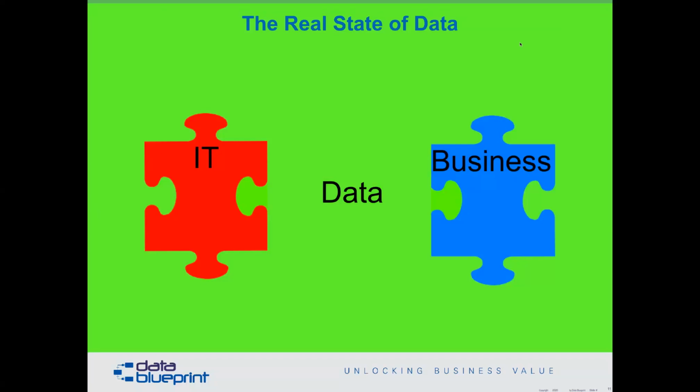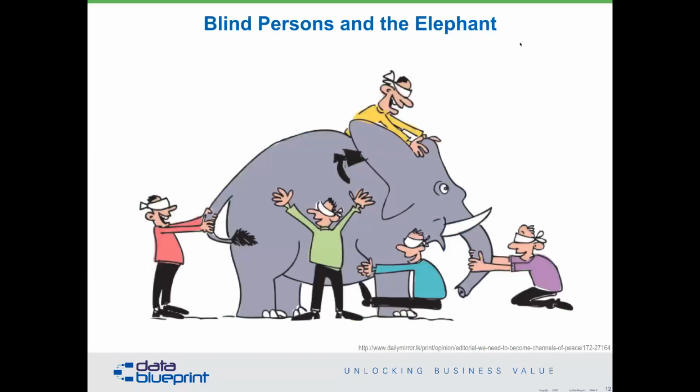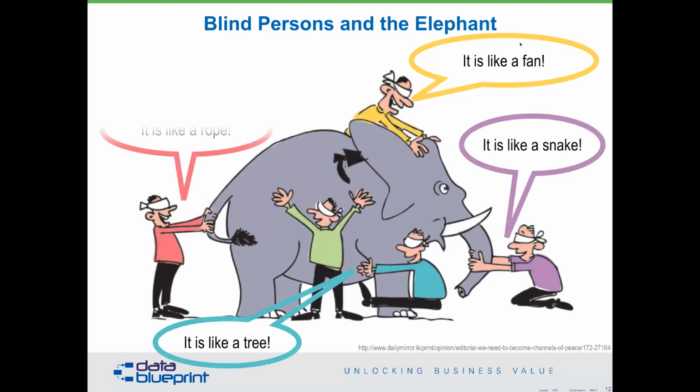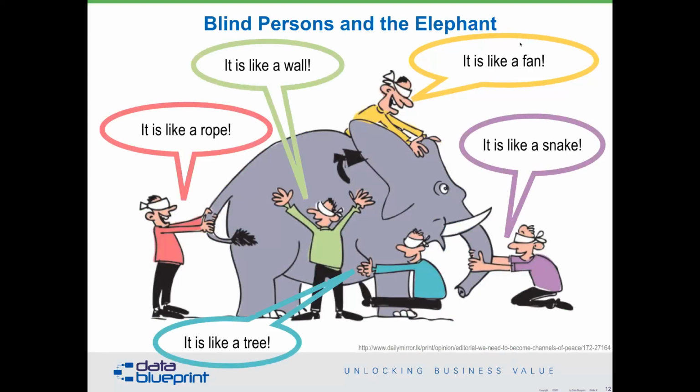And yet, when we look at what's happening in the data world, it's very much like the myth of the blind people and the elephant. Somebody says, I'm messing with the ears, so elephants are like a fan, right? And somebody else says, oh, no, I've got the trunk over here, and elephants are like snakes. Well, that's an interesting perspective. Yeah, somebody else has got the leg, and they think it's like a tree, and somebody else has got the tail and says it's like a rope, and somebody else says, no, elephants are big and solid. They're like walls, right? Well, they're all correct in part. None of them are totally correct.